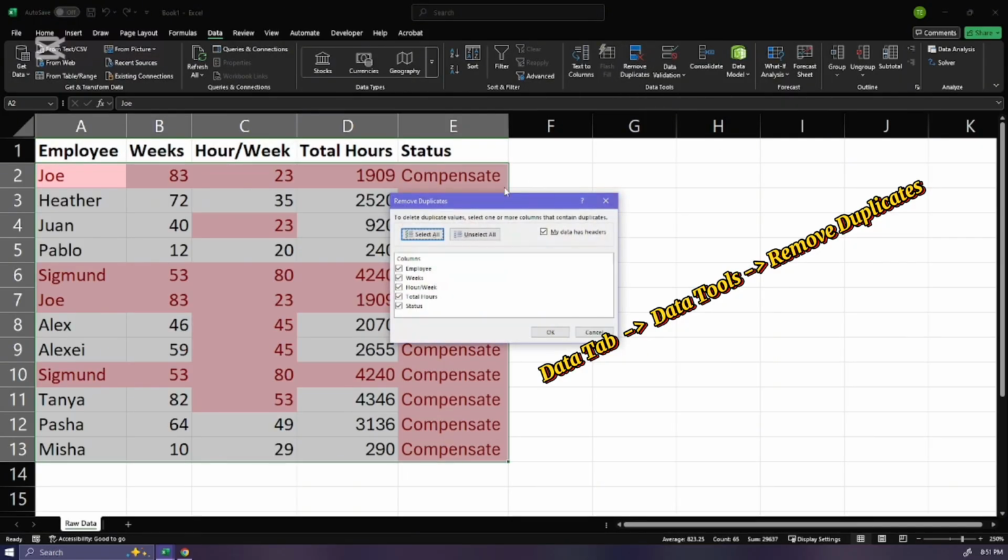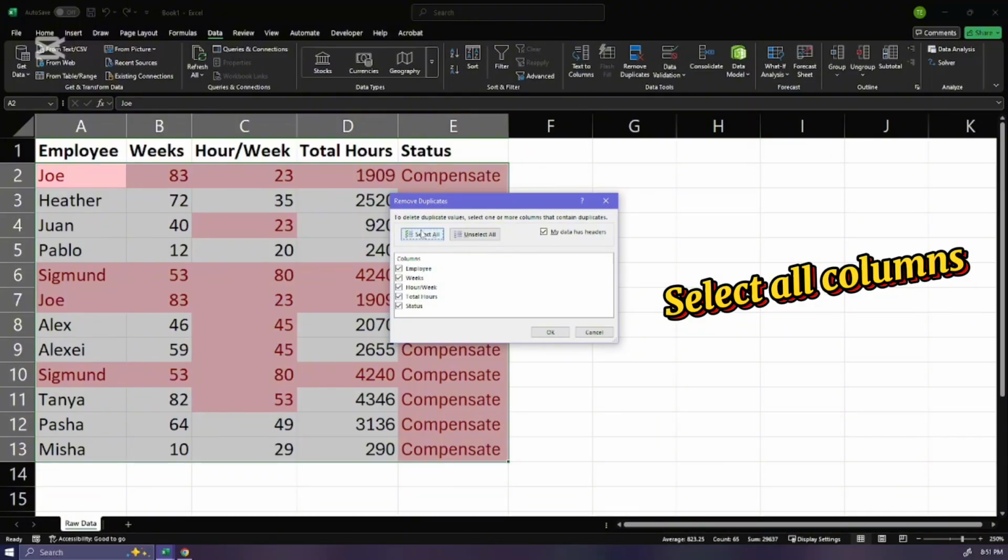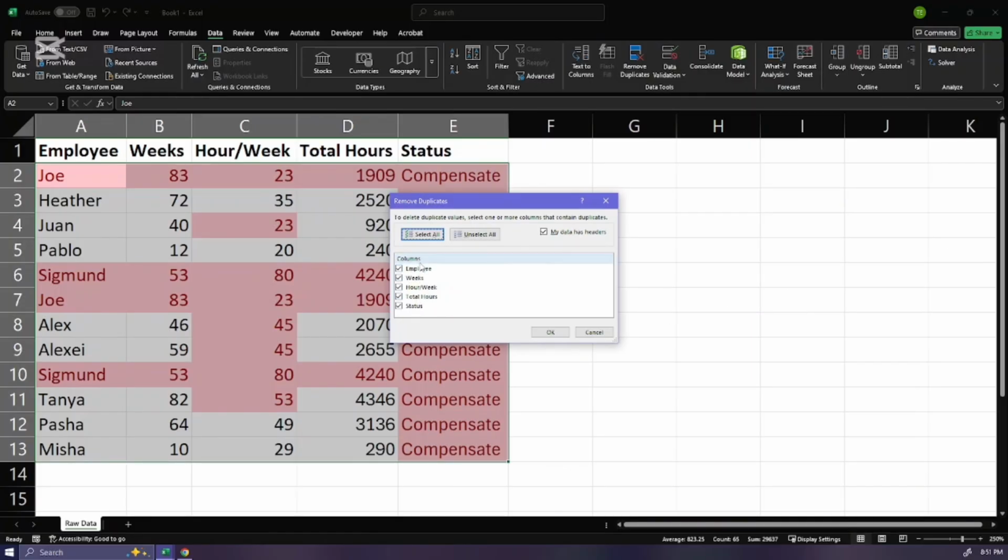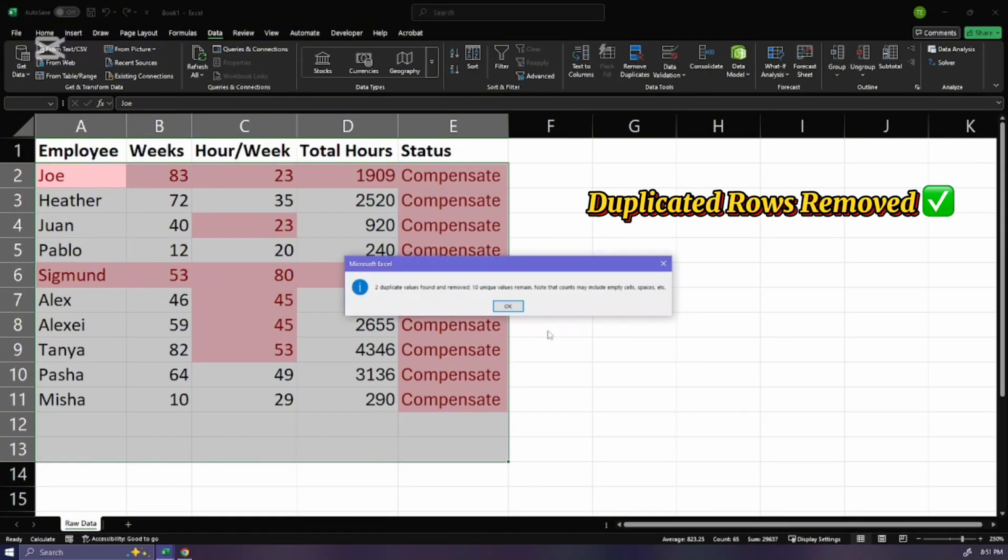Now you go come carry this prompt come here. If you don carry this one, you go come click select all. This select all mean say any row wey get the same value with all this column, if any row get exact value with all this column, make you get am as duplicate. Oya we come do okay. You see am, e say two duplicated values found and removed. That one wey we see that time, e don comot am. Okay,